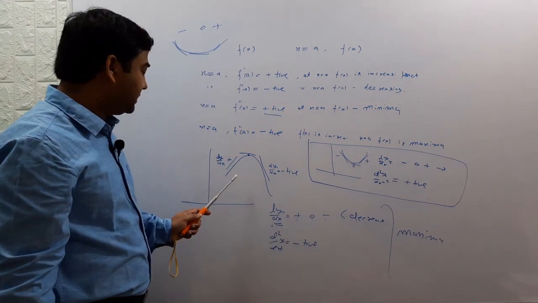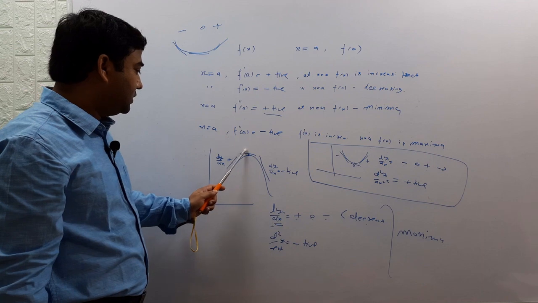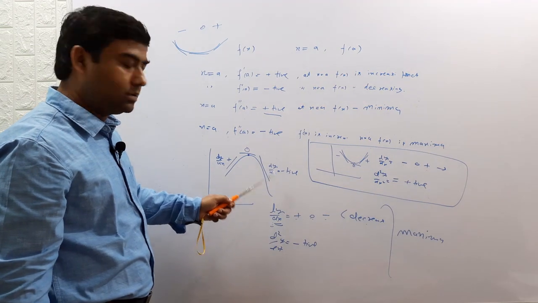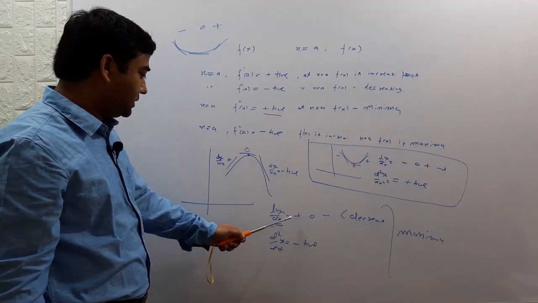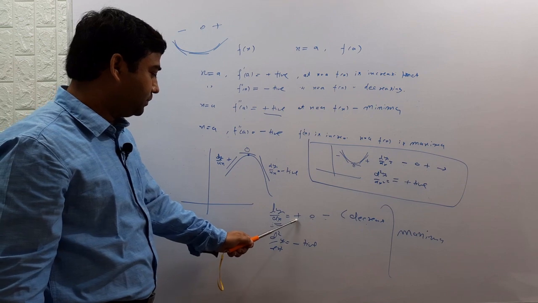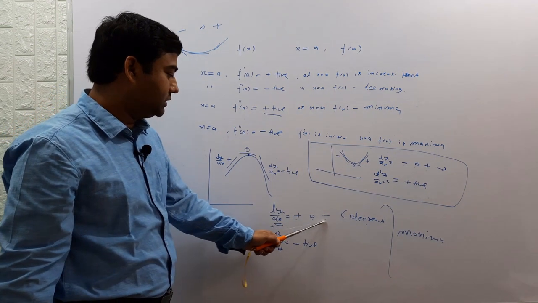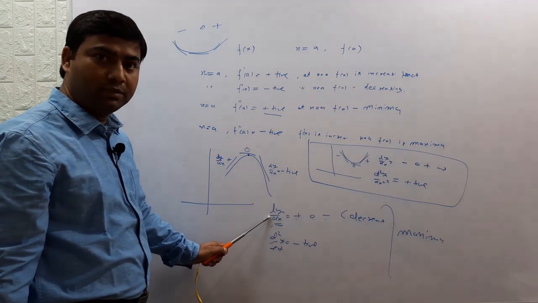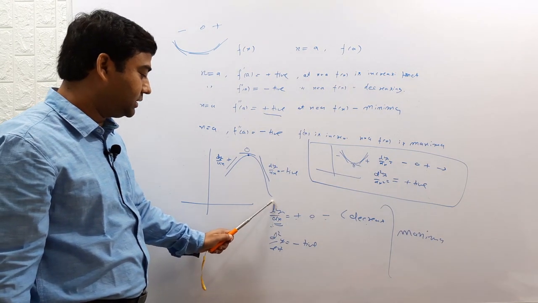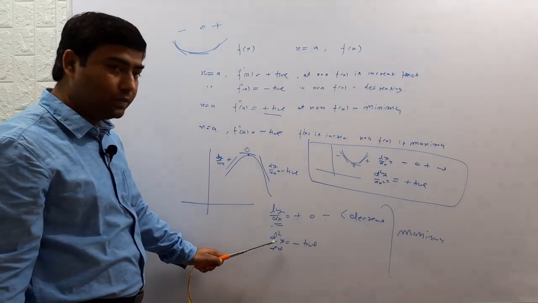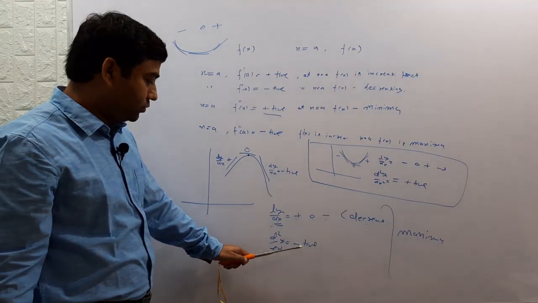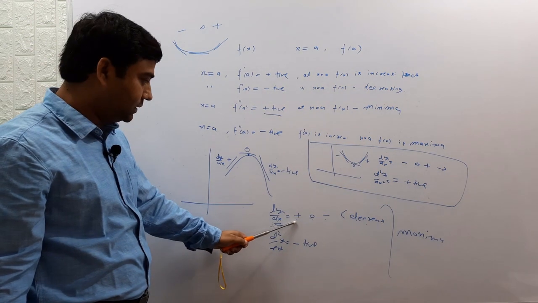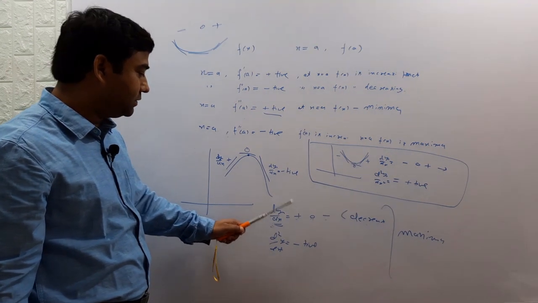Similarly, in this case, the derivative will change from plus, 0, negative. So the derivative sign near the turning point changes from plus, 0, minus. That means its value is decreasing. Decreasing means the derivative is a decreasing function. Just remember, the derivative is a decreasing function, hence the derivative of this derivative will be negative. So when d2y over dx square is negative, the first derivative is a decreasing function, and that is for a maximum.